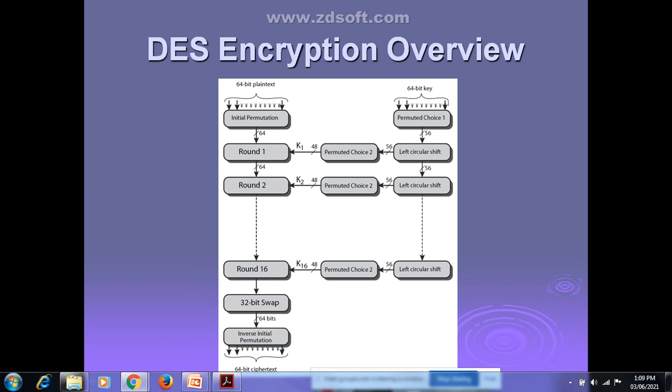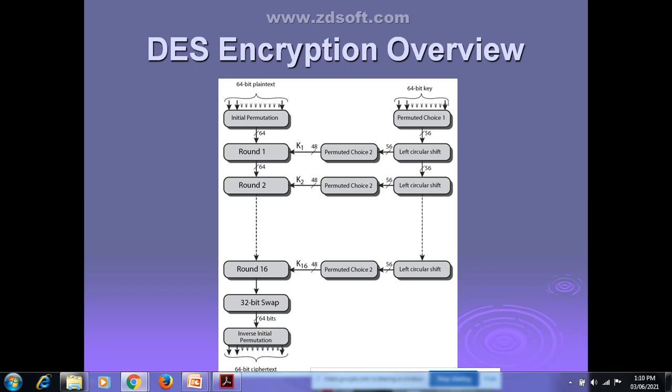Then we started with the right hand side, which I had not explained. On the right hand side it takes the 64-bit key, as they have written. But why they have written a 64-bit key, we will see in today's class itself. Just remember, DES uses a 56-bit key, but to start with it takes a 64-bit key. After that, permuted choice 1, one type of permutation, is performed so that it produces the 56-bit key. That 56-bit key is passed into each round, where two functions are performed on it.